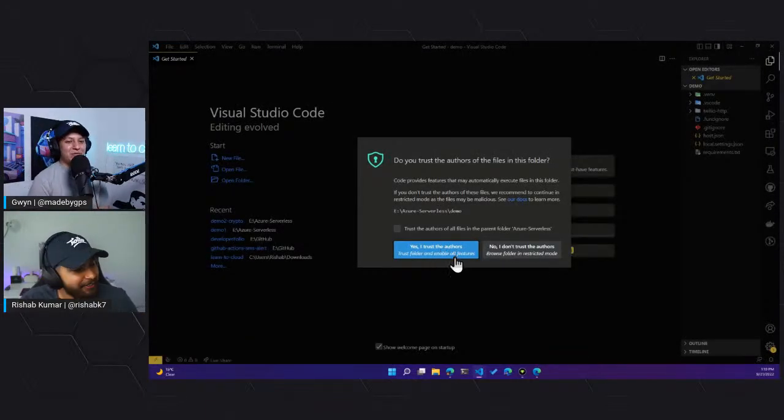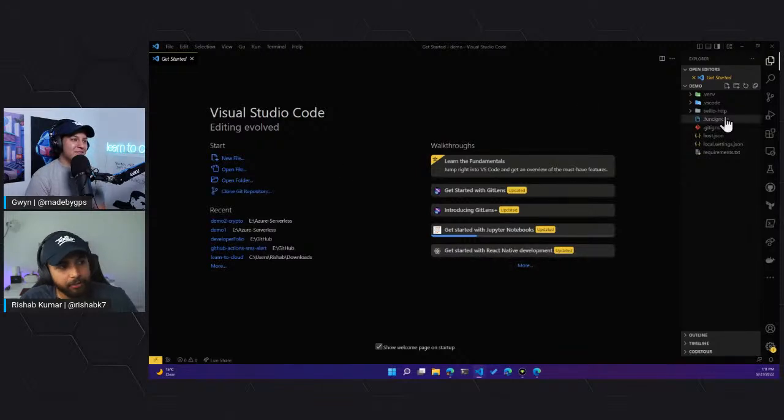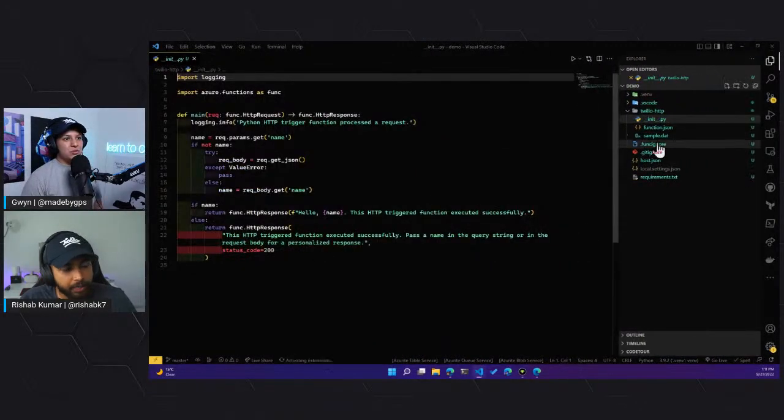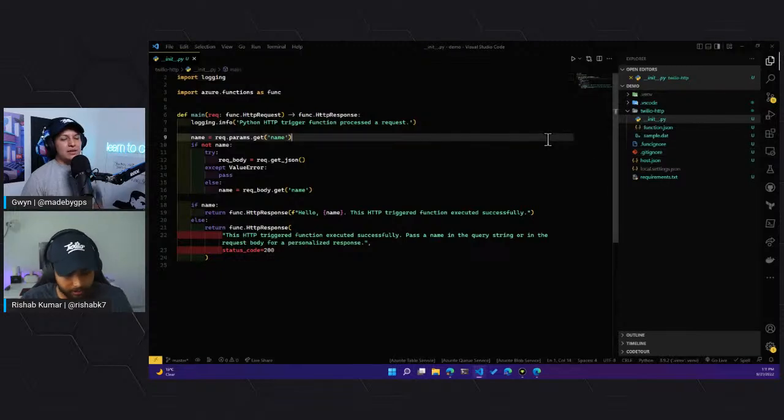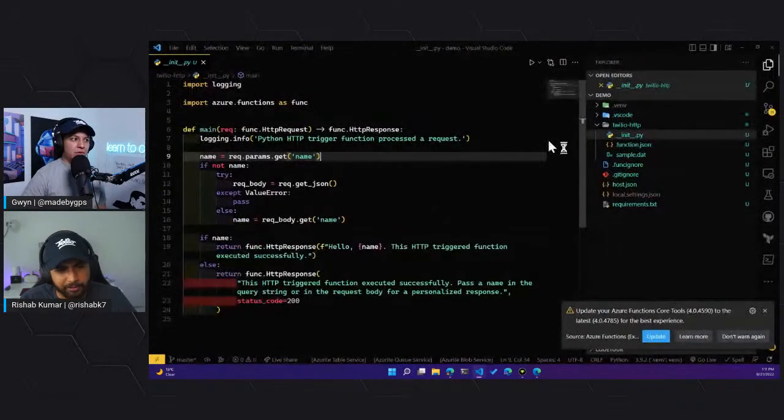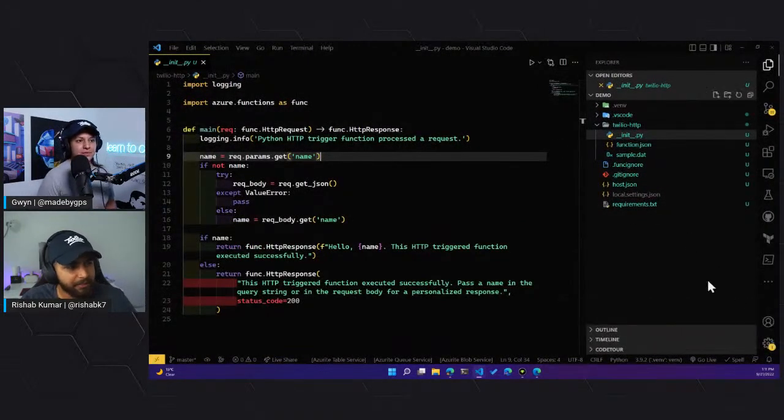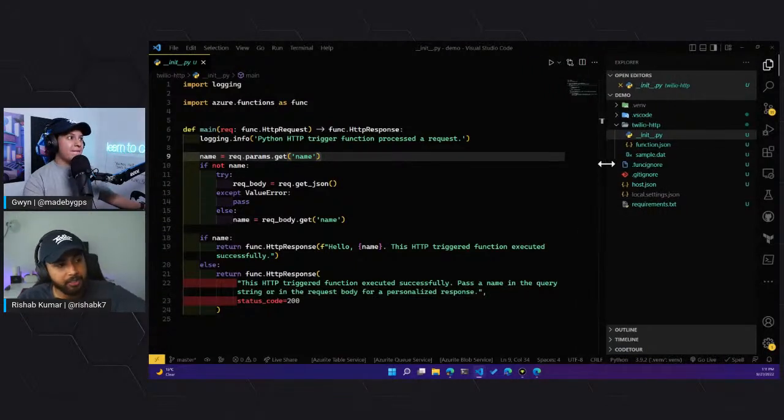All right, so you've created the function. Yep, I've created the function, and let me know if I need to zoom in. We have a few files. I think you're good. Chat, can you see the screen, or should we go one more up? Yeah, I think that's perfect there. Okay, so we have a few files that the extension automatically generated for us, which is awesome.